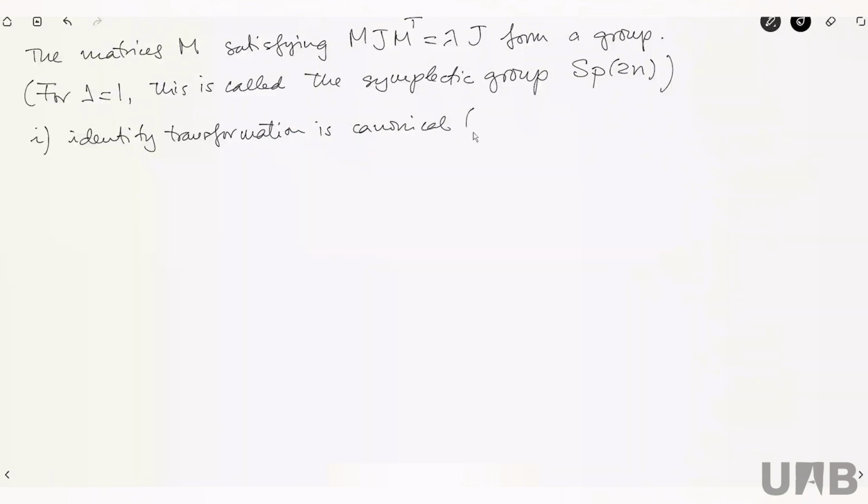With lambda equals 1. So that's the case in which lambda equals 1. And it's obvious because the identity transformation is the one in which the change of variables is trivial. Remember that M is the Jacobian of the change of variables. So if the transformation is the identity, then the Jacobian matrix is nothing but the identity, and obviously the identity times identity transpose equals J. So that's the first property. Now, second property. Second property is that the inverse